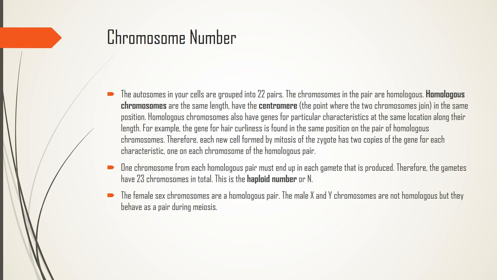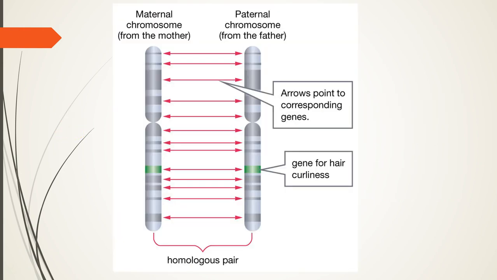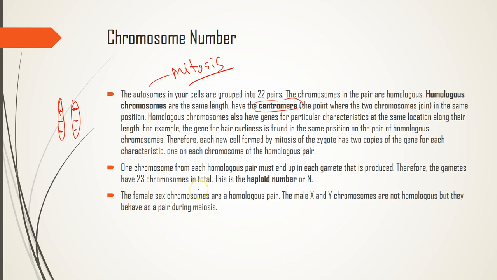So these are autosomes in our body cells. So these ones will undergo mitosis. Okay, because the autosomes are our body cells, and this is where we want a diploid number of chromosomes, of the homologous chromosomes. Okay, so these ones have the same length and have the centromere in the middle. Okay, which means that on these homologous chromosomes, remembering that the different alleles or different forms of the gene are in the same location. Okay, so and then in our gametes, which are our sex cells, we have the haploid